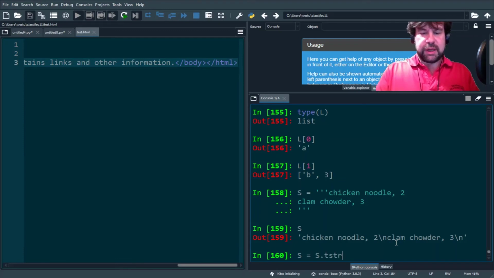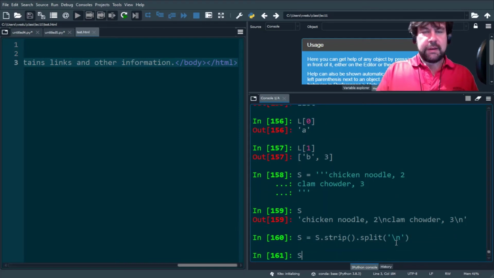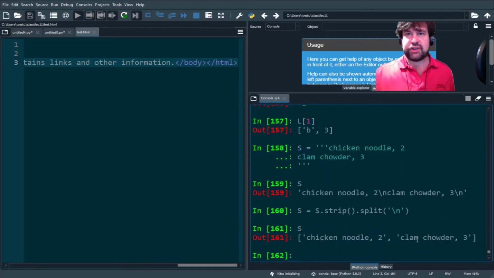Notice I'm doing a strip to get rid of the extra \n at the back end. S dot strip dot split, and we'll split on the \n, right? So that should give us a new S that is just chicken noodle soup, comma 2, clam chowder, comma 3,